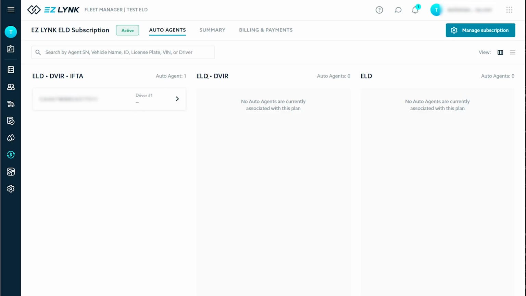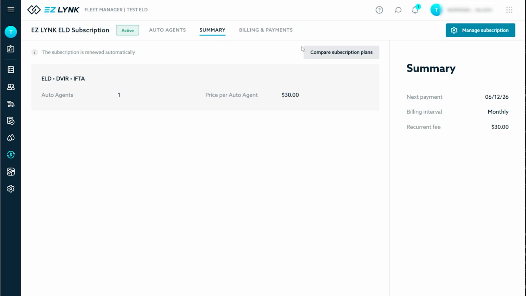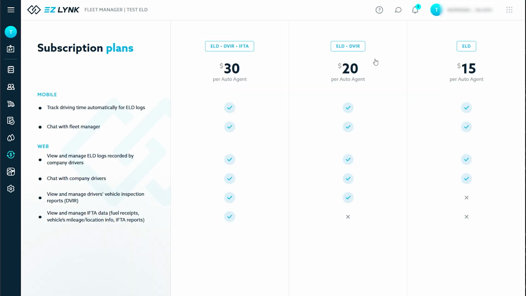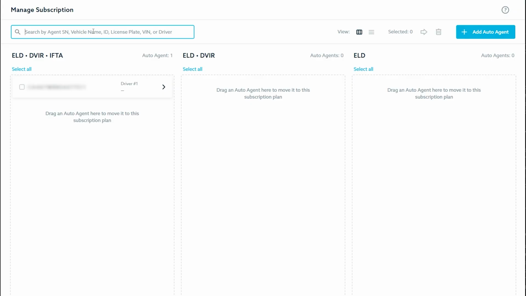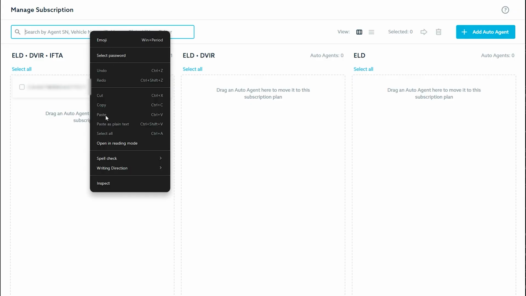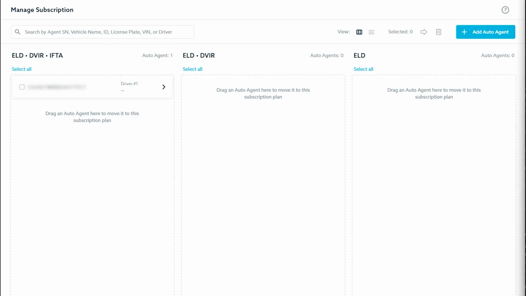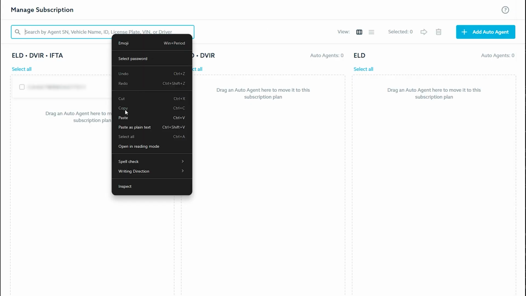And then to view your subscription plans, we're going to go under Summary and Compare Subscriptions. So this is going to show you what each tier does and the price that it is. Now these are no contract, so you can cancel any month and switch from vehicle to vehicle if need be. We're going to go back and go to the right-hand side, hit Manage Subscriptions, and add our serial number from the Auto Agent,